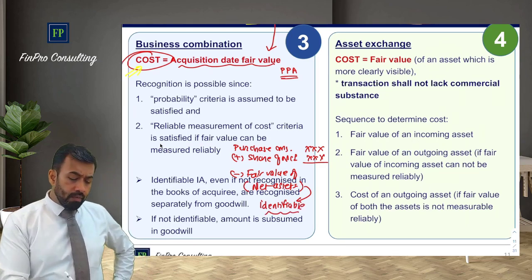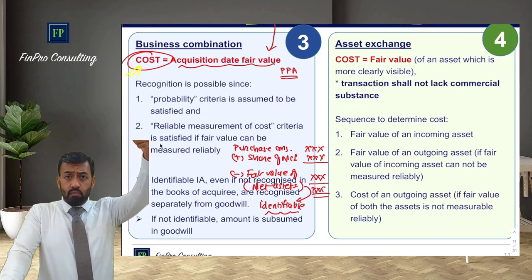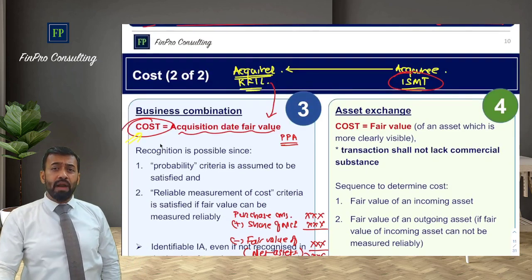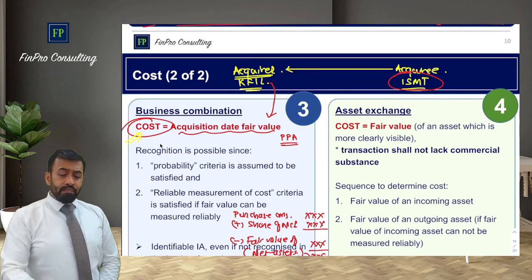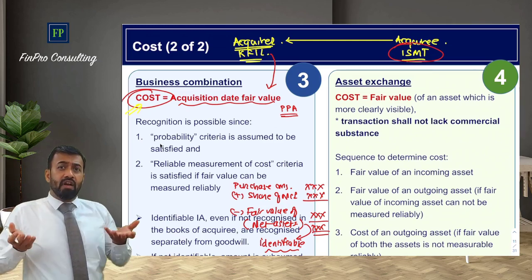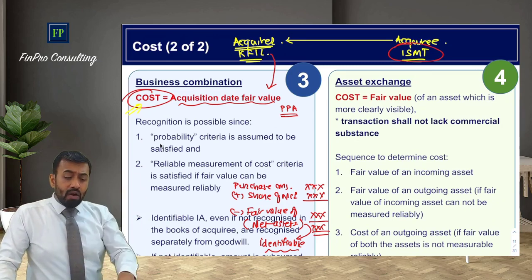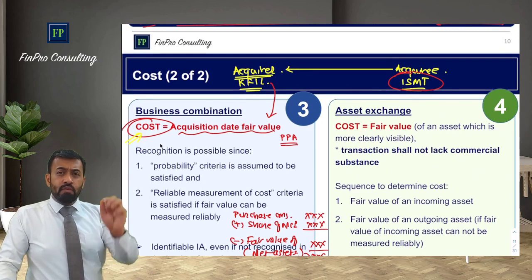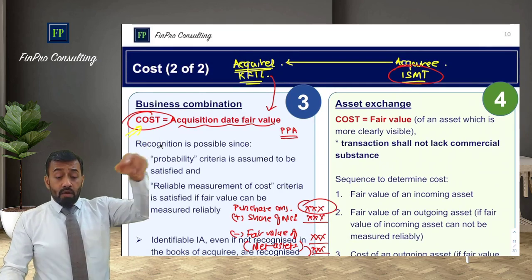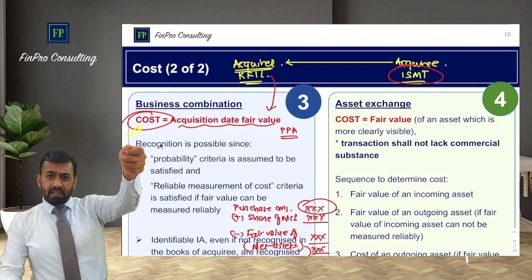This will include certain net assets or intangible assets which are not recognized in the books of the acquiree. Let's say the acquiree has certain intangible assets like brand, customer list, whatever it is, that might not have been recognized in the books of ISMT because it is internally developed, recognition of which is not allowed by IAS 38. But while acquiring the business, KFIL must have paid certain amount by way of purchase consideration for those assets as well. So those are externally purchased. I have paid some amount for that.